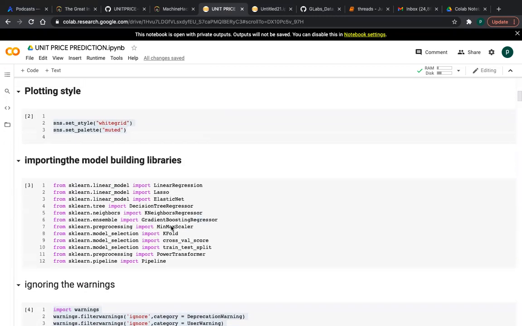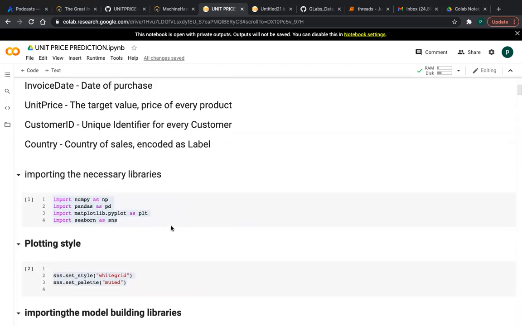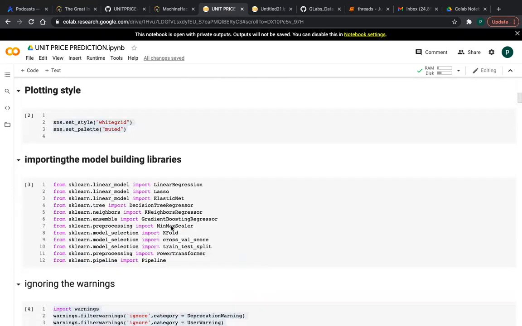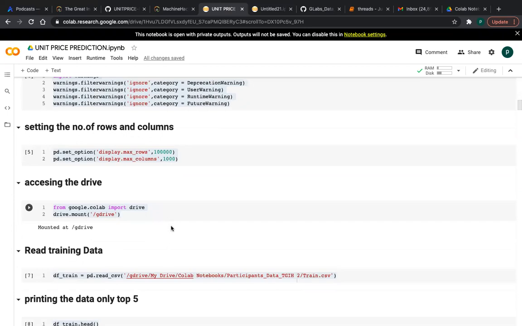So these are the important imports, friends, while doing a data science project. These are the common things. And I am doing this project in Google Colab, so I have to upload the data. I put my data in my drive, so I have to access my drive. To access the drive, this is the command.